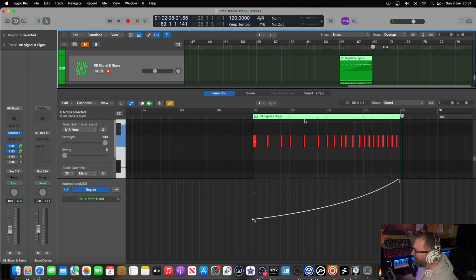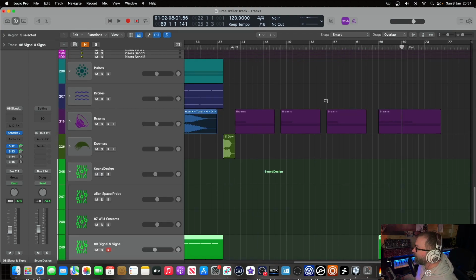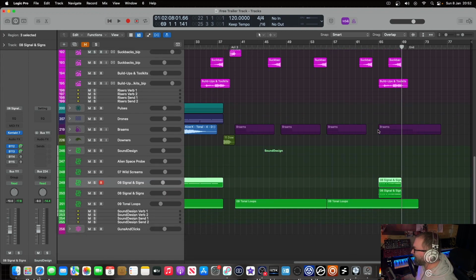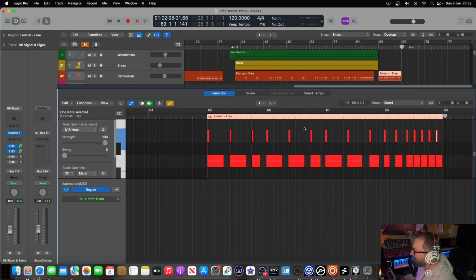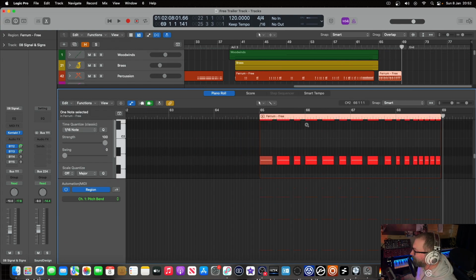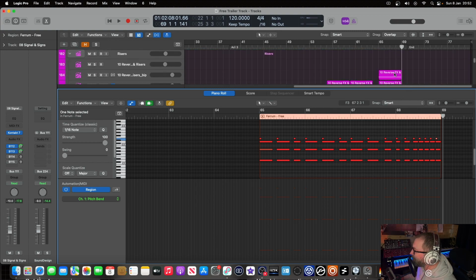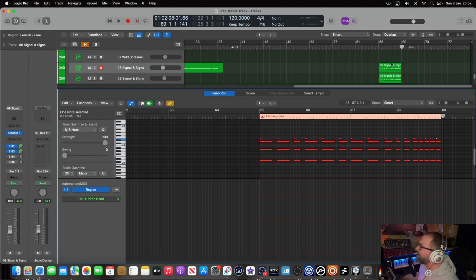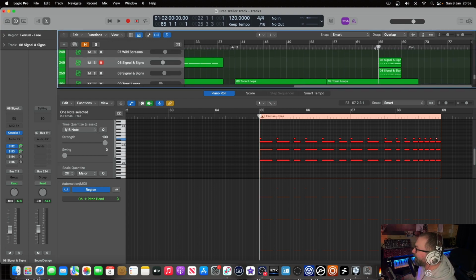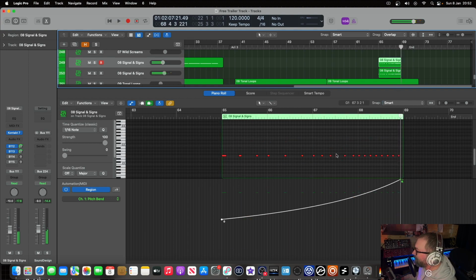I think that's a triplet pattern. I think what I did is I first did the hits and the riser and the Braams, and then I added the percussion afterwards, and that's a bit of a triplet pattern. And then I did the pings afterwards, following not the same pattern but similar, but it's another triplet pattern. And I just added this little. Yeah,